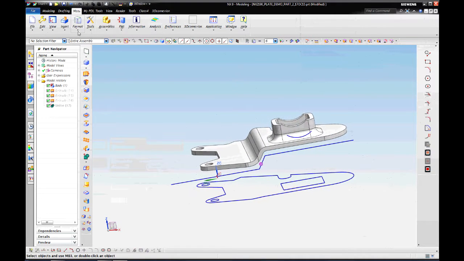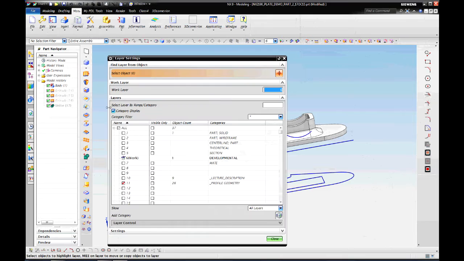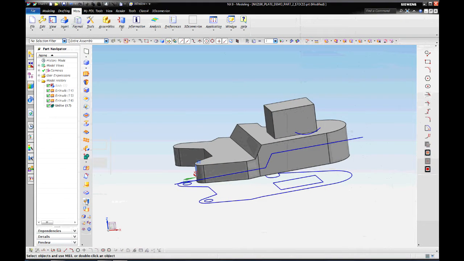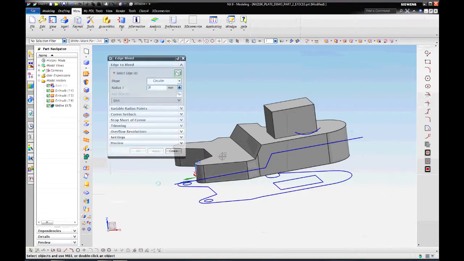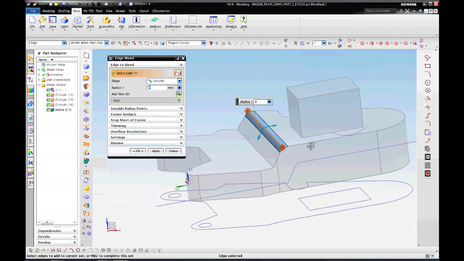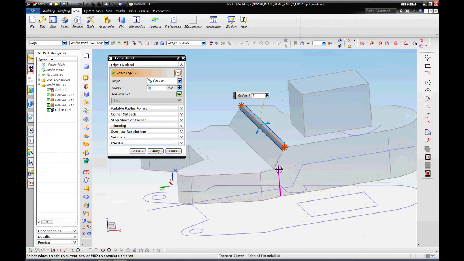Go back to the format layer settings and make my work layer number 1. Turn off layer number 6. Come back. Now I have my parametric solid. And I'm going to start applying blends. So if I select this blend here, I believe that was 5. And this was 5, 5,